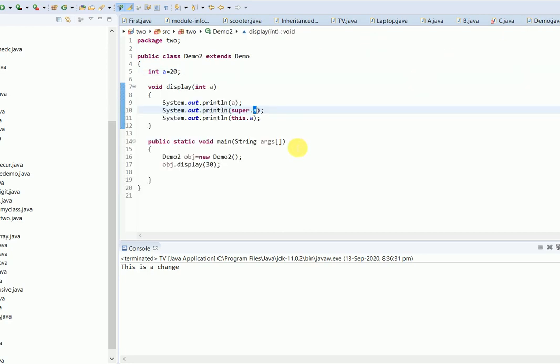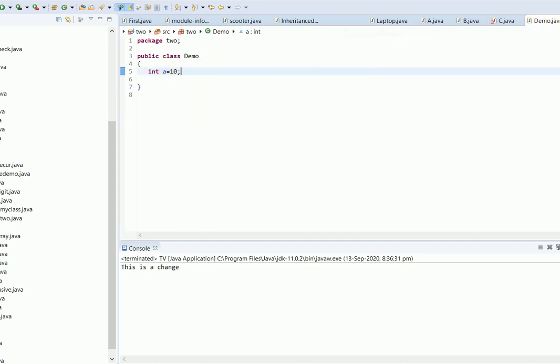And this.a is referring to the a of the current class. What is the current class? Demo2. So it is referring to the a of the Demo2 class. Because the this keyword refers to the variable of the current class, it is referring to this a which is 20, and the super keyword refers to the variable of the parent class. The parent class here is Demo, so it is referring to this a, that is 10.